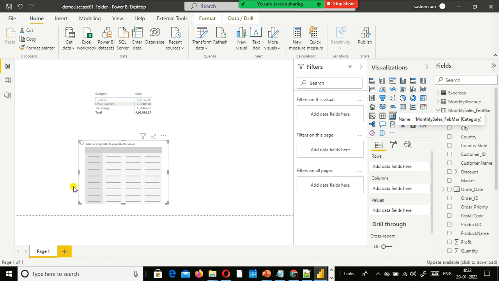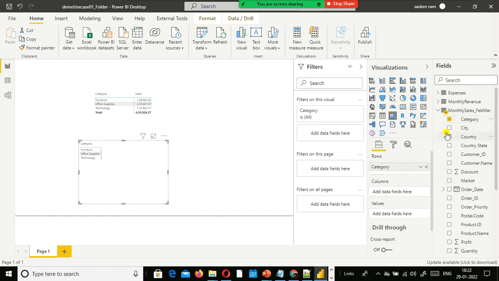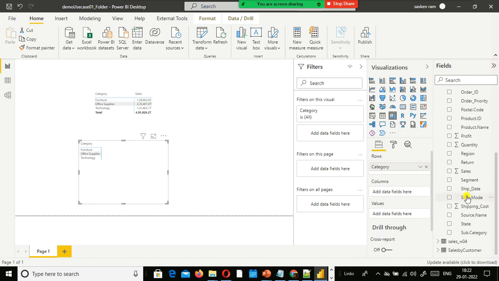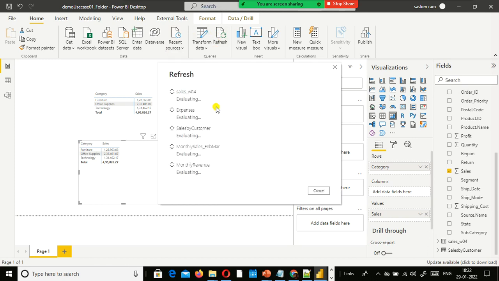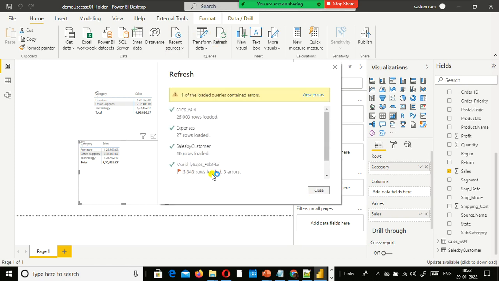I just pick up this one and drag and drop it here. 495, right? So this one shows correctly. I refresh it. This one is supposed to be from Monthly revenue, right? 3 rows loaded, 3 errors. Let it be there.